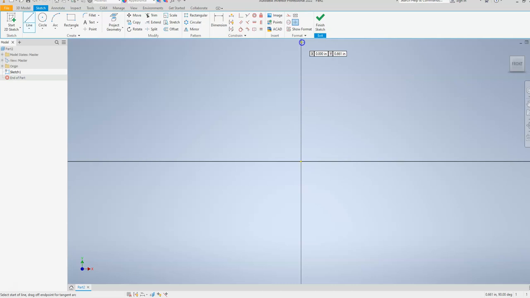It has a yellow dot. Bring it down to my origin, and then bring it all the way over. You should see it's about 1.3. I'm not dimensioning anything right now. I don't want to attach dimensions to any of these lines, but you should see I have these two lines